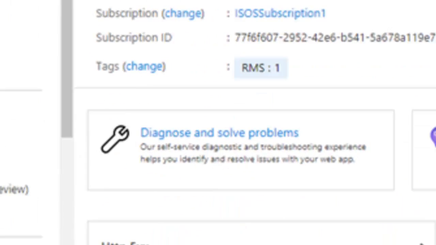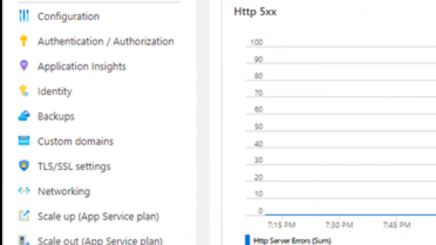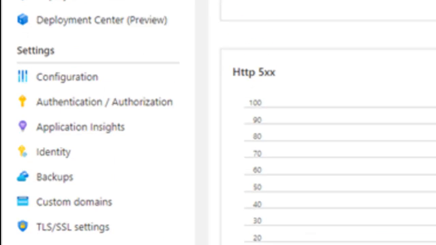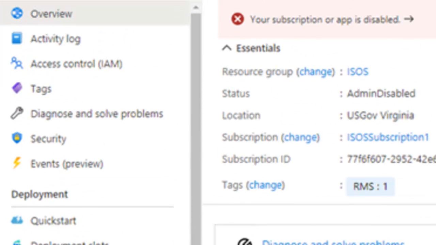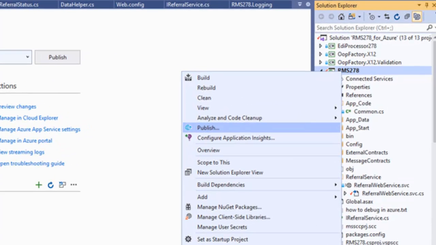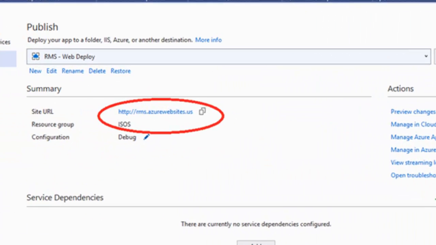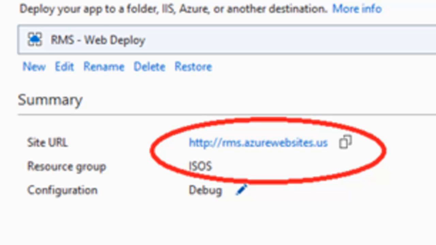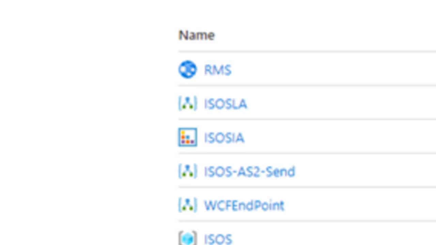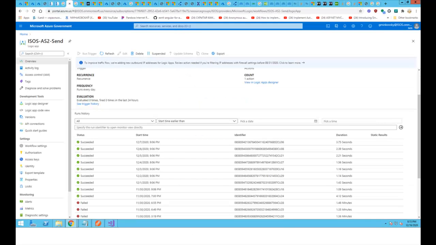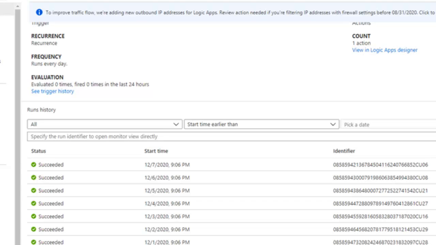We can adjust authentication and TLS/SSL settings. Can also add logs and diagnostics here. This is how you publish it. You can see it publishes to the Azure URL of the app service. Then ISOS LA is going to be our main LogicApps workflow. ISOS IA is an integration account. I'll show you later. ISOS AS2 send is a testing LogicApps, which I used to test the first ISOS LA